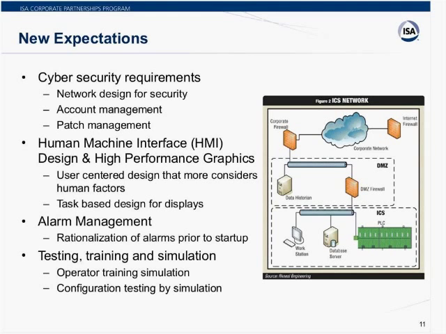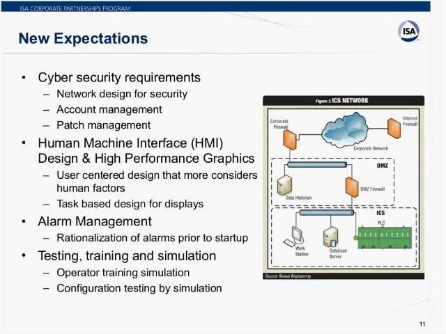Those are kind of the classic things I've seen for many years. Lately, what I see is a different set of requirements that we've raised our expectations in some specific areas of control system projects. And one of the big ones is around cybersecurity requirements, the ISA 99 standards, and really making sure that we've designed the network for security and subnets and putting in the firewalls and understanding the protocols and how we're going to manage the accounts and then how are you going to make sure you can do patching and antivirus upgrades. So those things really are causing us to